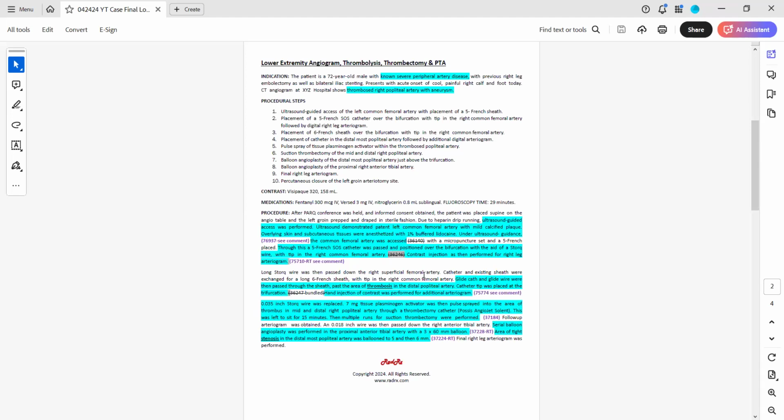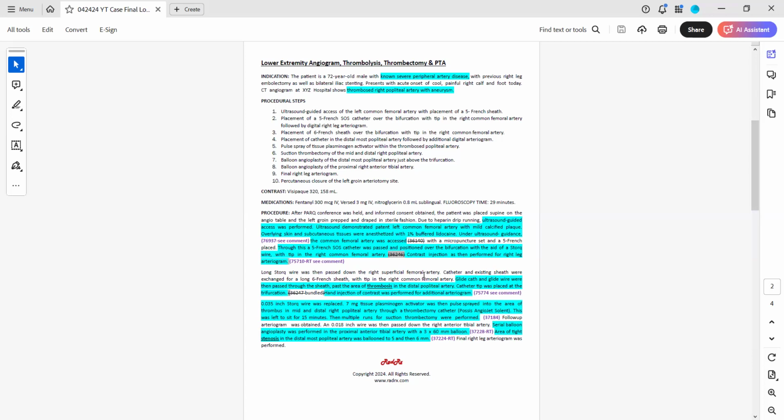So this week's case, I have chosen a report that contains a lower extremity angiogram, thrombolysis, thrombectomy, and an angioplasty. What I always like to do before I jump into the case details is start by reviewing the clinical indication to make sure that I am selecting the correct codes based on the clinical indication. And I also want to look at the procedural steps to get a feel for all the procedures that the physician has performed,